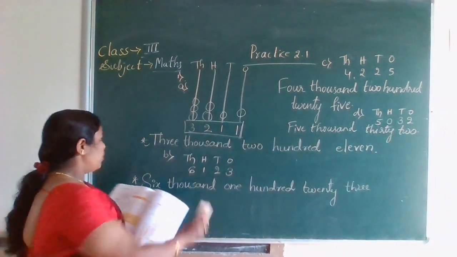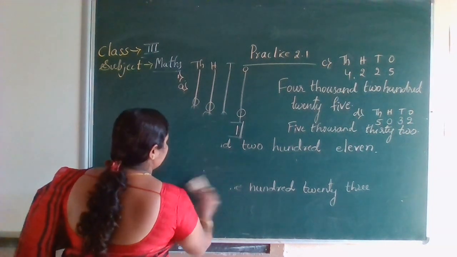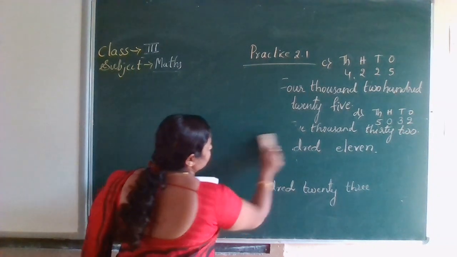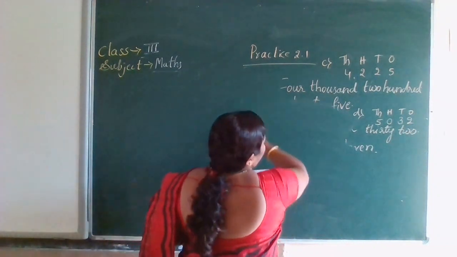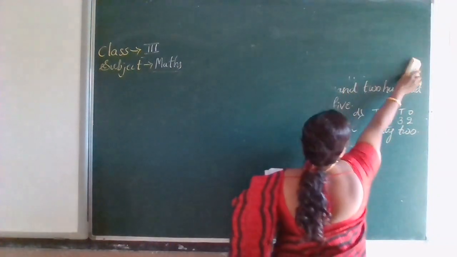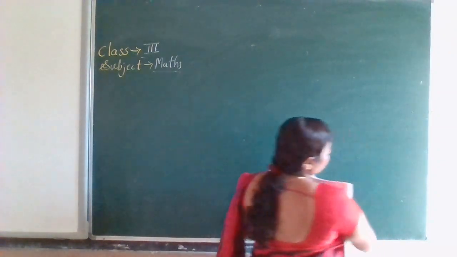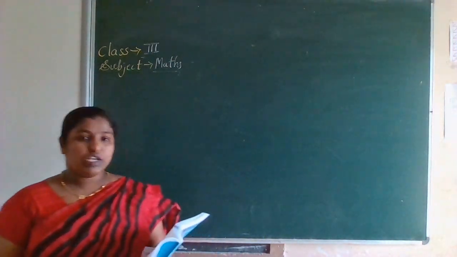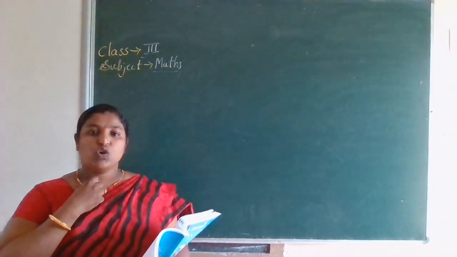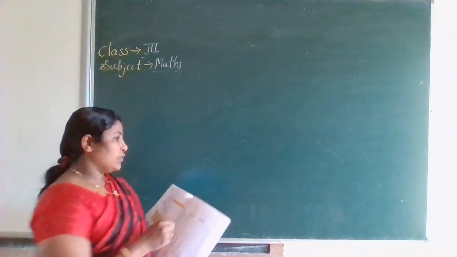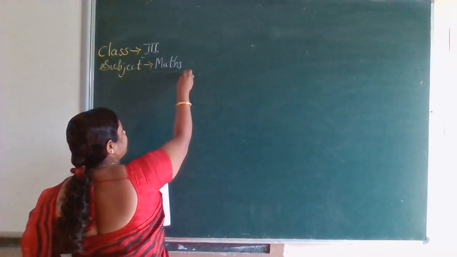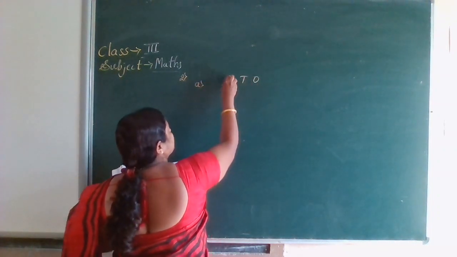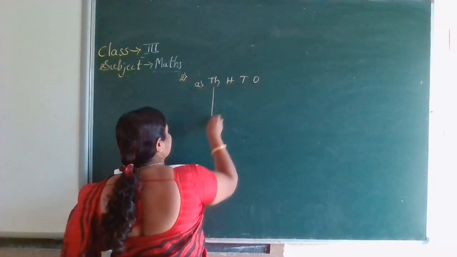Let's go for the second question. What is that? Represent the given numerals on the abacus. First, they had given the abacus, and we had to write the numeral as well as the number name. Now they have given just the picture of the abacus. We should represent the units in each place. First one, A, ones, tens, hundreds, and thousands.